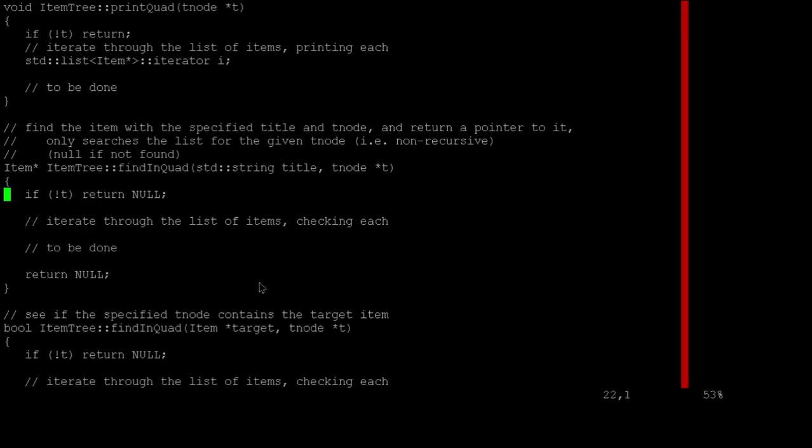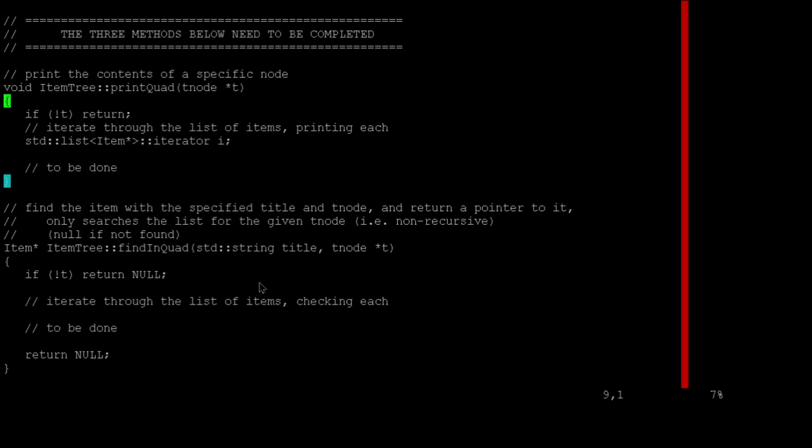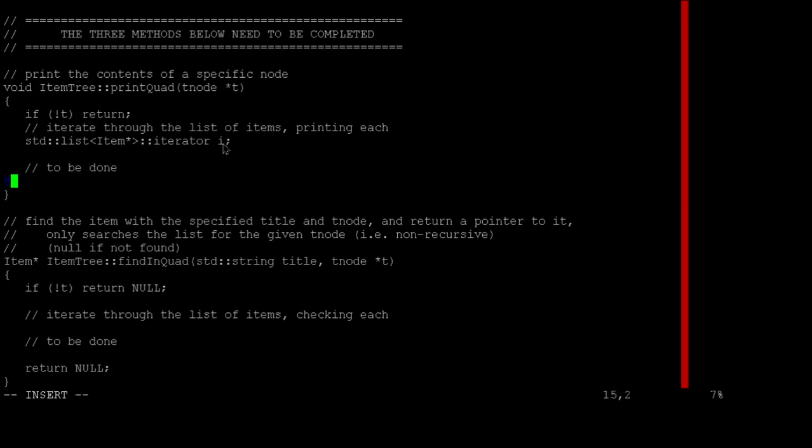Let's just go for print quad, just to get us rolling. In the skeleton that I provided, I included the definition of the iterator that you would use. The idea is we've got a standard list of pointers to items, and we want an iterator for those. So I've just called the iterator I. When you're working with this, you'll complete the body of this and the others, but the basic idea is we want to start off with I set to